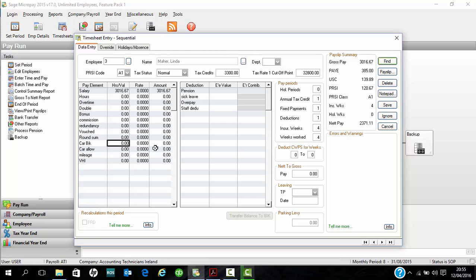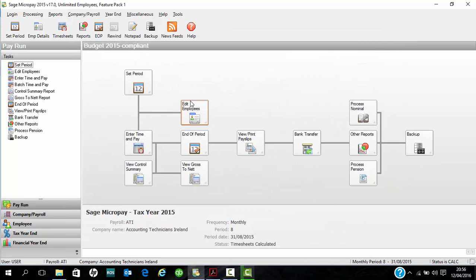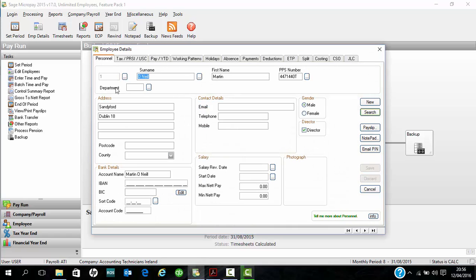For example, if the benefit in kind was calculated at €200 a month, by right I should leave here, go to employees, edit employee file,